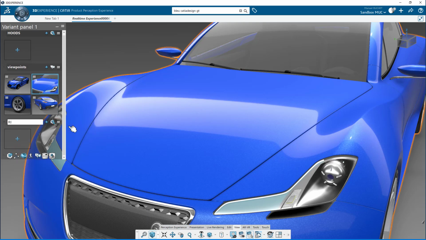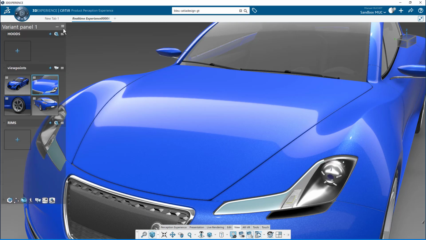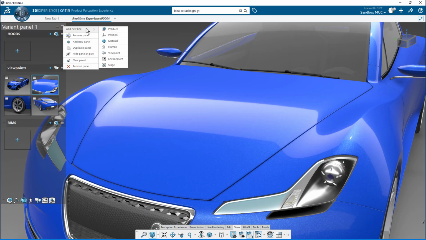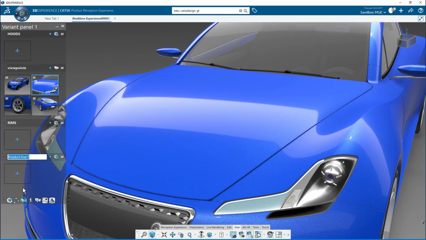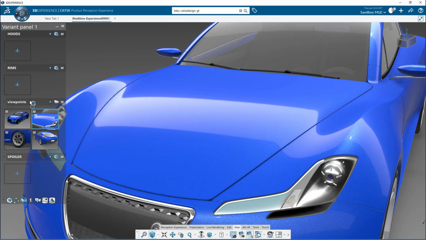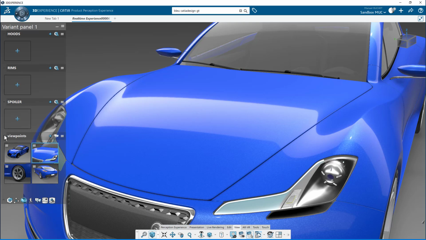The second one for the rims, okay, and the third one for the spoiler. I can create it from the command at the bottom or from the variant panel context menu. Okay, last one for the spoiler. Alright. And I want to bring the line together, so I just drag and drop them to rearrange my panel.